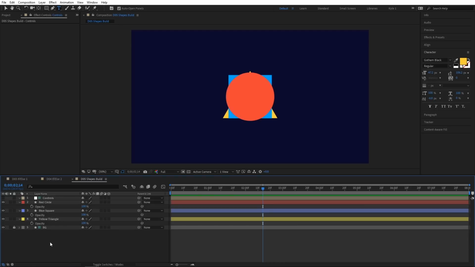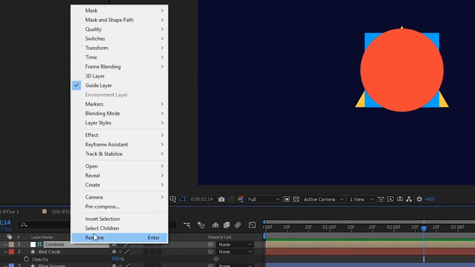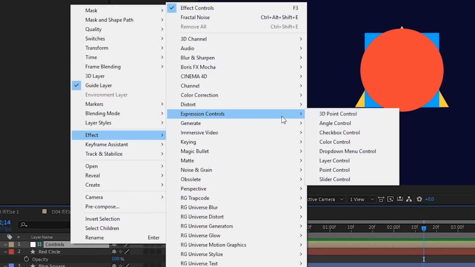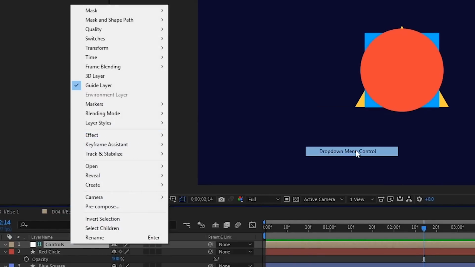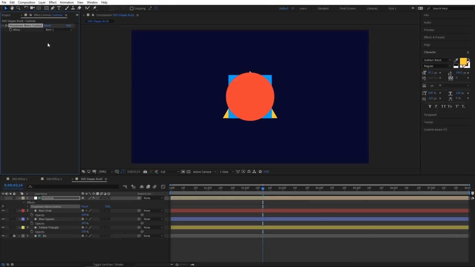So I have another composition here with a couple of shapes with specific colors. You can see red circle, blue square, yellow triangle. And then I have a null layer that I'm going to use to hold my expression control. Right-click, Effect, Expression Controls, drop-down menu control. Now I'm going to start by establishing the options that I can choose from by clicking this Edit button right